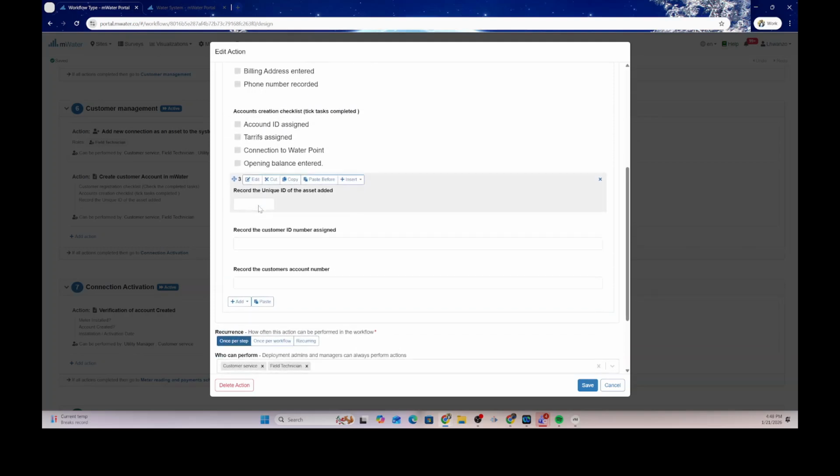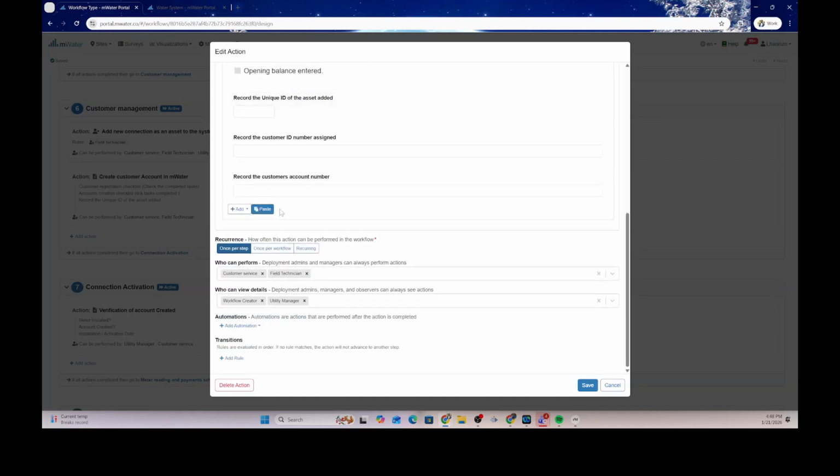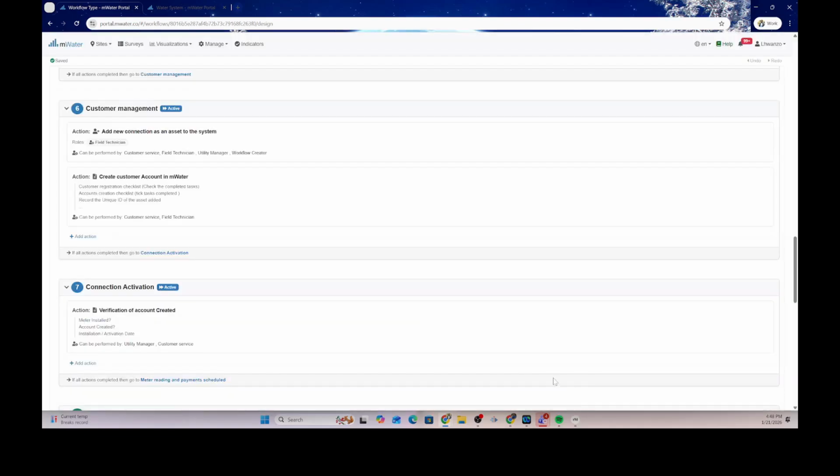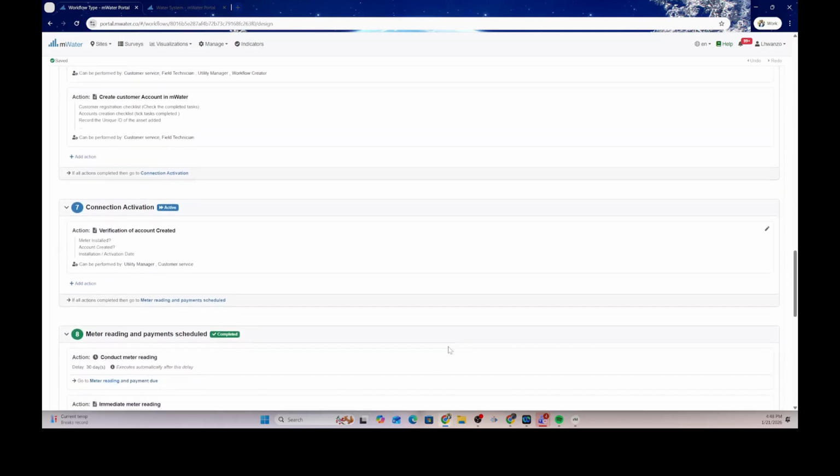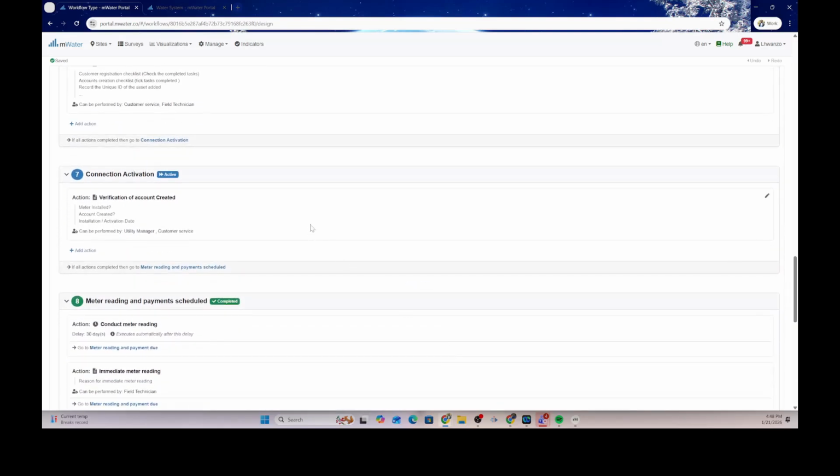They can record the customer ID number assigned, and then record the customer account and submit this. So this can be done by either the customer service person or the field technician. But the workflow creator and the utility managers can still view what is happening at this phase. And once that is done, we escalate this to the utility manager, who will now look at the process and